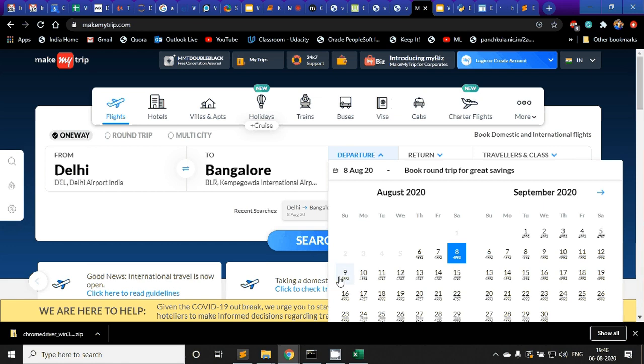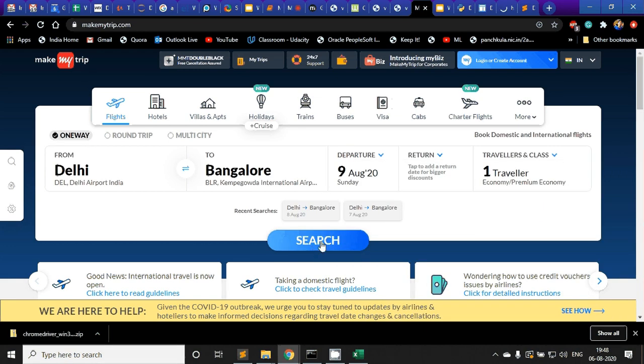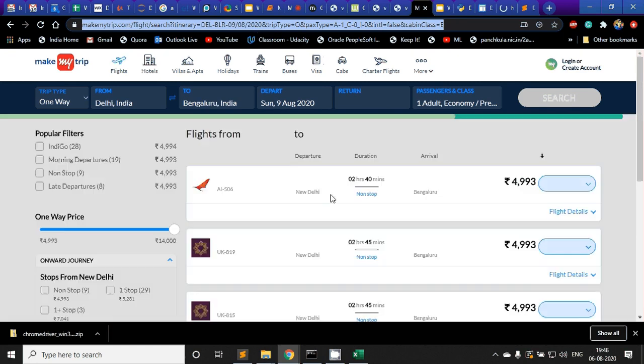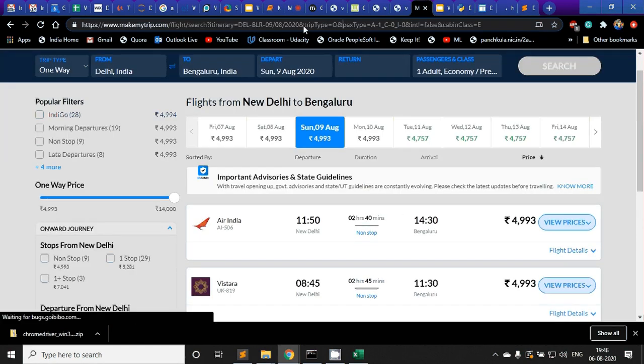requesting some particular link to fetch data. After doing this a few times, changing the from, to, and depart values, I found that only one particular part of the whole link is changing. The rest is all the same. If I want to fetch data, this was my starting point. Obviously, before that, I had already inspected the elements and checked where all of these are placed and in which tags. Having done that, I now check what the link is.